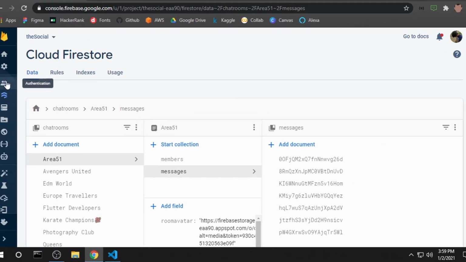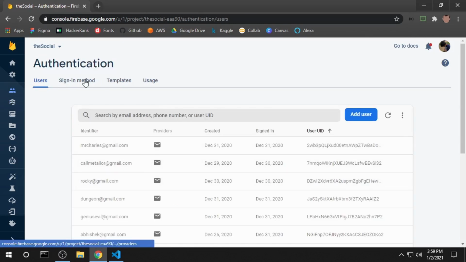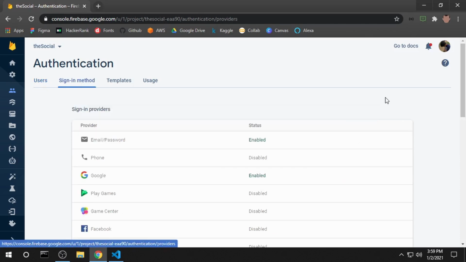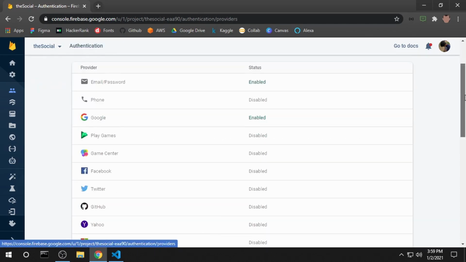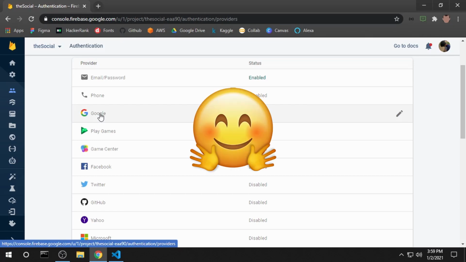So for now, I can simply go under authentication. Under my authentication tab here, I have different users. Accordingly, I can simply go under sign in method, and here you may observe I have enabled two different methods, email and password, and similarly a Google one. Now don't worry, we are going to configure email, password, Facebook and similarly a Google one.